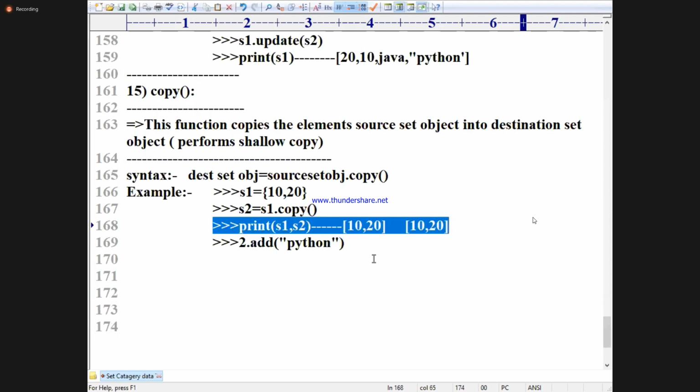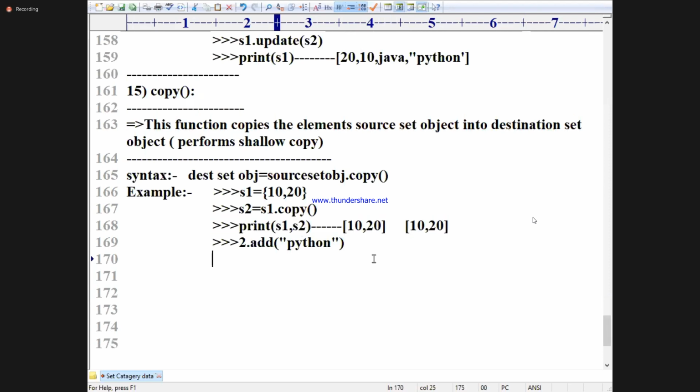You try to print once again. Python. Yes, done.